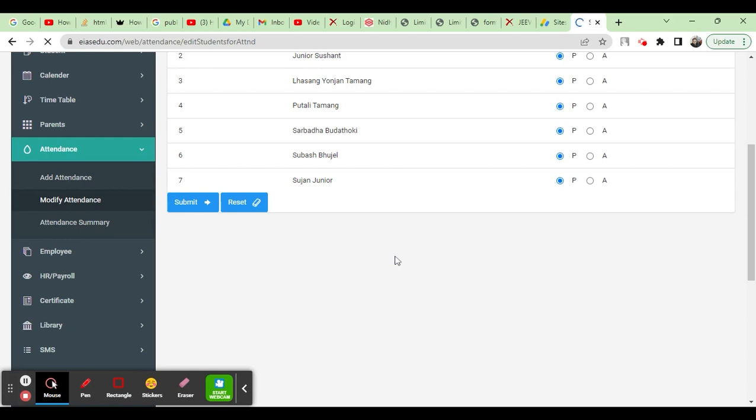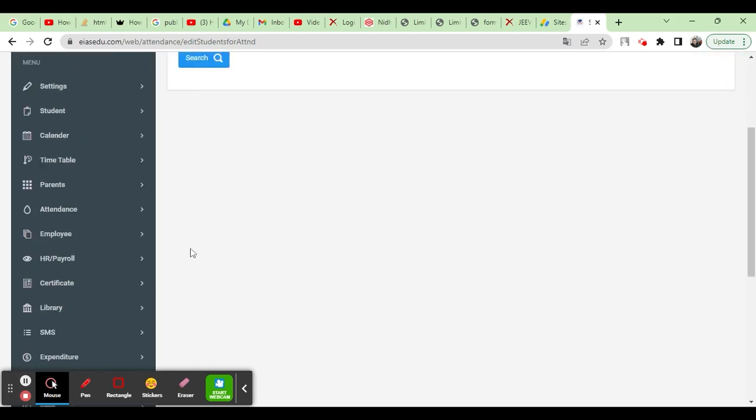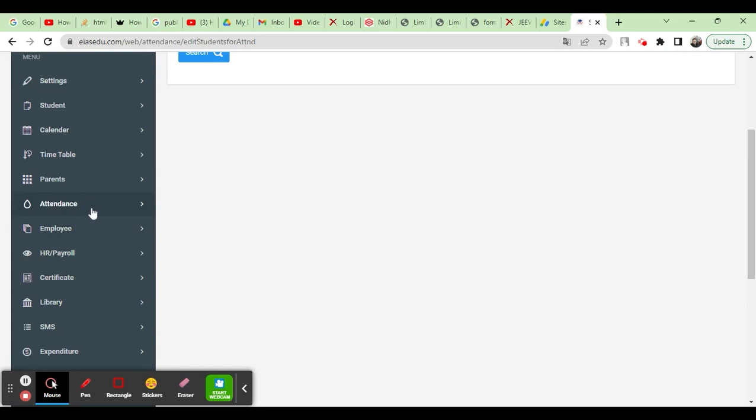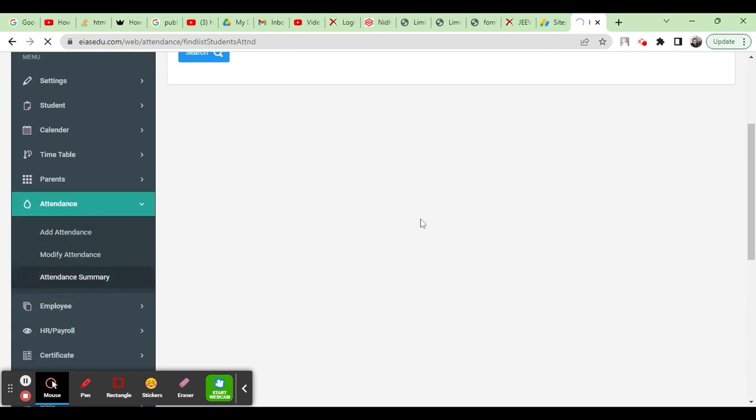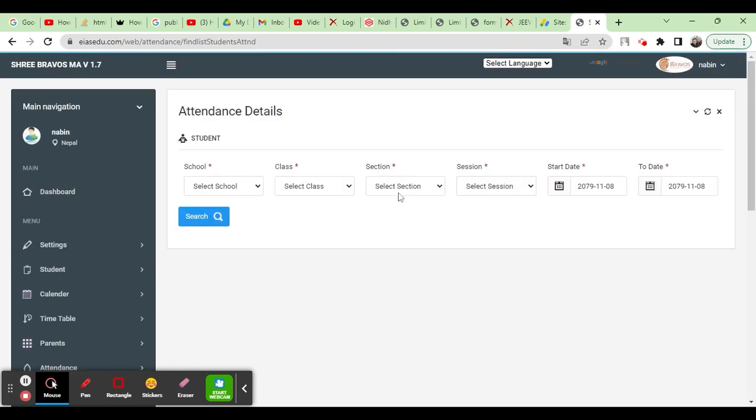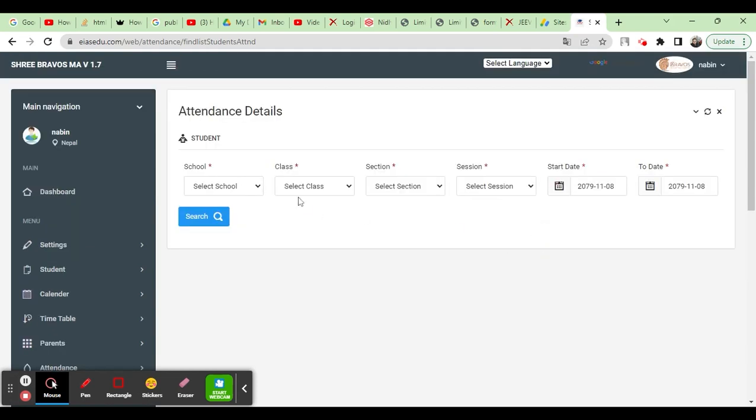Modify attendance is also the same: in case some problem or some mistake is submitted, then you can revert it back, and then attendance summary. So this is the attendance summary, and it means which school, which class, and from which date to which date you can see what exactly the data is, how many students are present and how many students are absent. So we can check here that